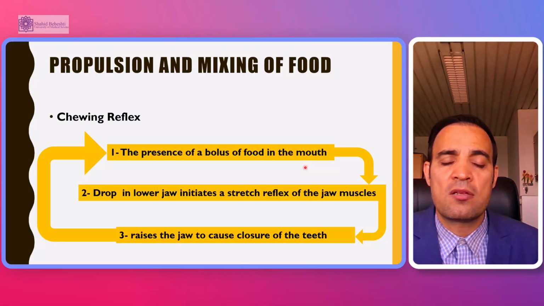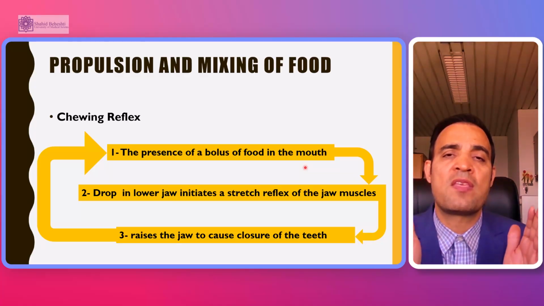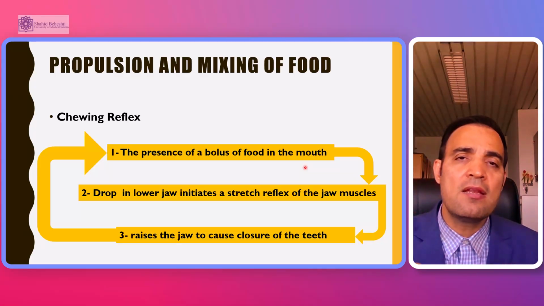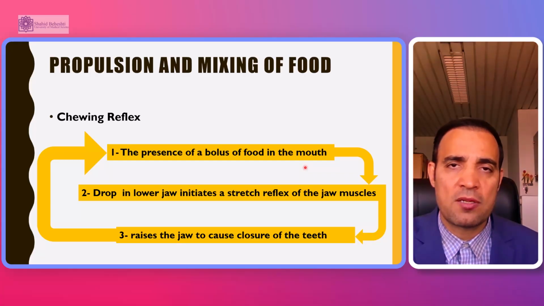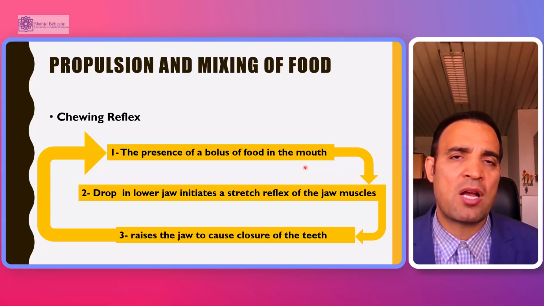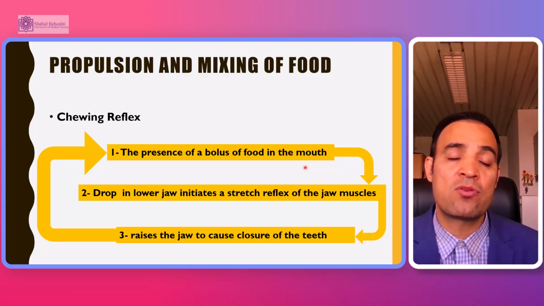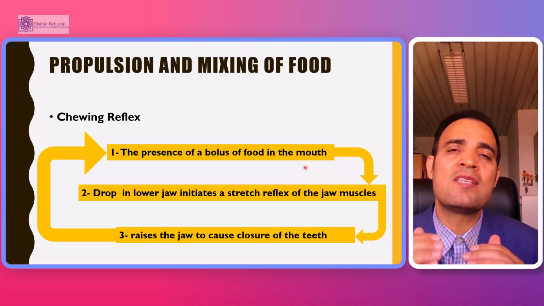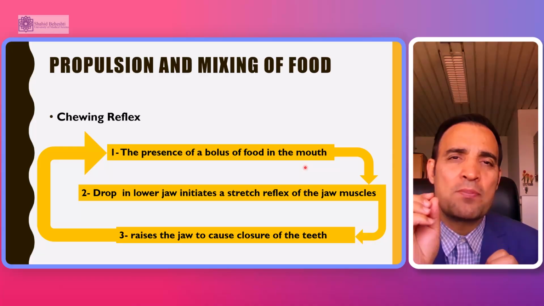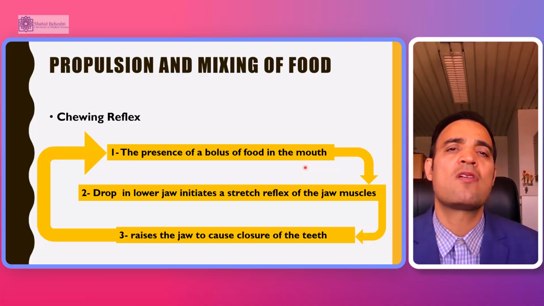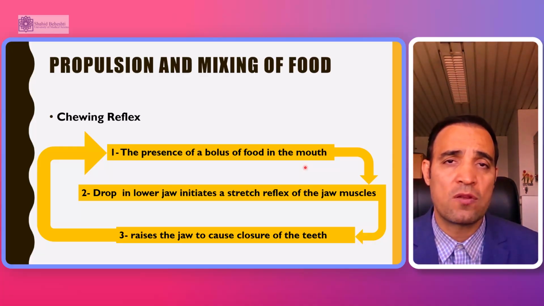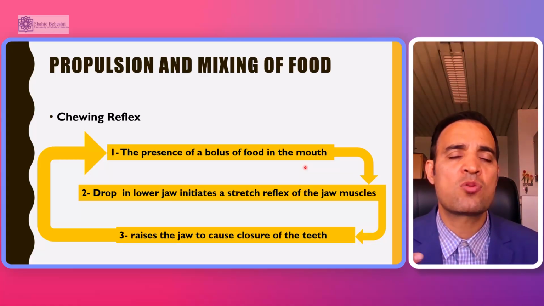Therefore, the jaw will raise again and the teeth will be closed. And again, this process will repeat and repeat and repeat. And therefore, when we are not thinking about our food, this process will be done automatically to the point that the sensory receptor that we have in the mouth will sense that this food is soft enough and the pieces are small enough. Therefore, we are able to swallow the food. Before it, you may be doing this cycle several times,